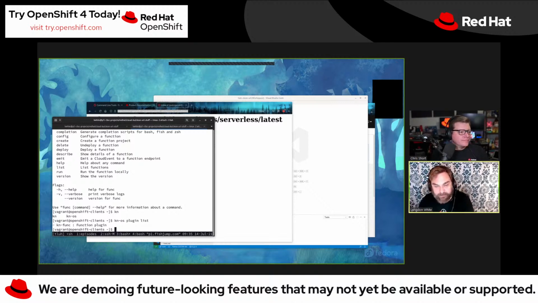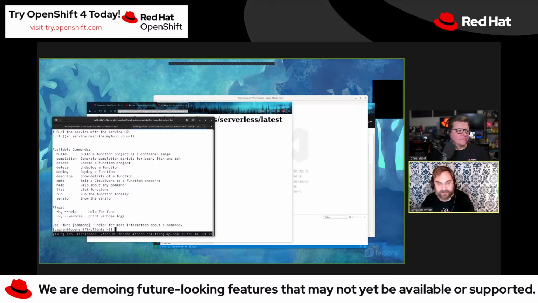So, okay, rants aside. Now what we do is take a look at what func can do for us. The first thing it has is a nice scaffolding ability, especially when you're getting started. This is super handy. So you just give it create,